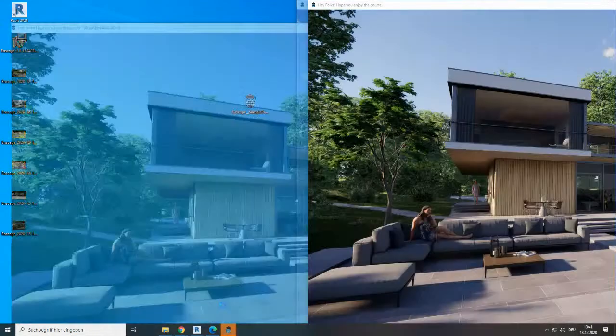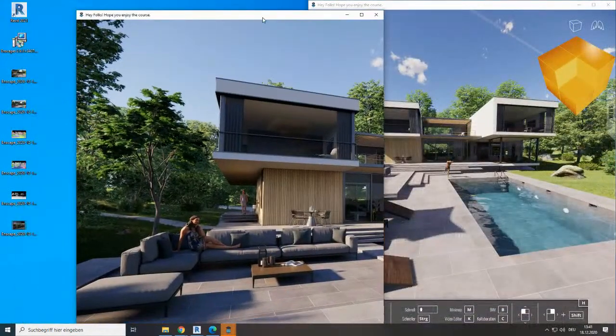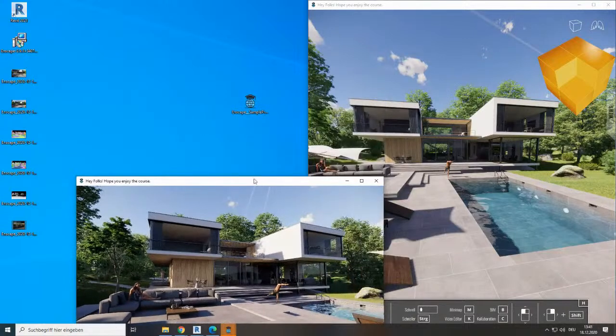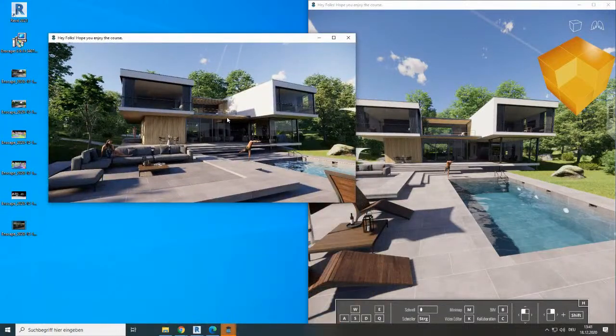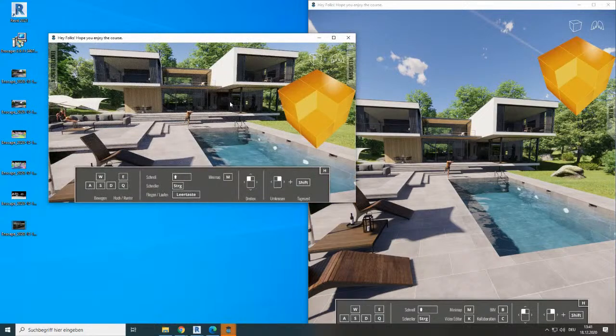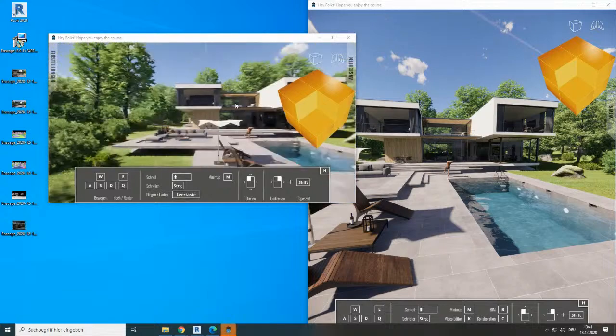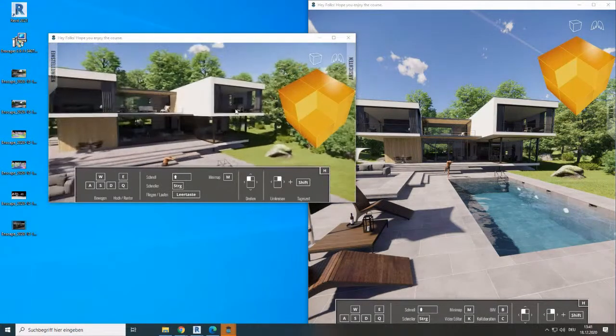Are we done? Still our custom loading screen we see here. There we are. Now it's opened, and as mentioned, you have the same